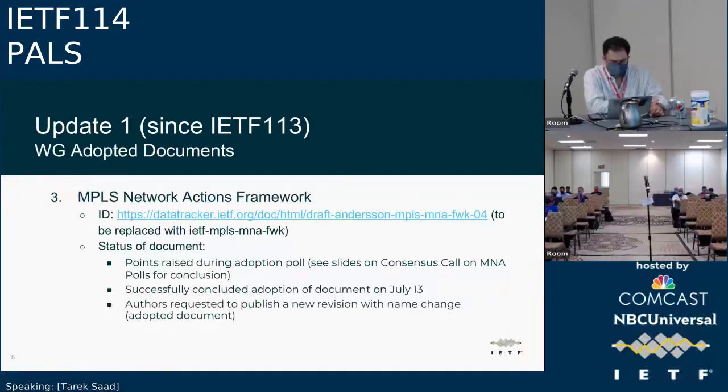During the adoption poll, there were multiple points raised, and that incited the chairs to initiate a poll. We will talk a little bit about it on subsequent slides. But we successfully concluded the poll, and the document was adopted on July 13th. As I mentioned, the authors are expected to publish a new revision that includes the name change.